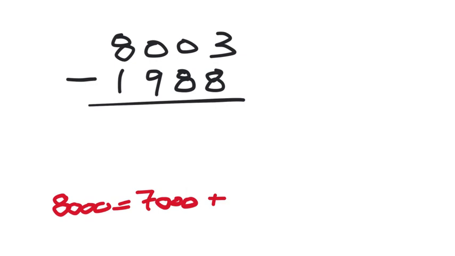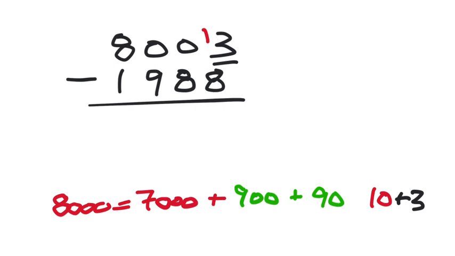So I definitely need 10 of those to be added to the 3 from the ones place value, and that will make 13. So we know we're going to make 13 here eventually, but it's got to come from that 1,000 that I took from the 8,000. So what I would do is take the 1,000 that we took and split it up into 900 and also 90,